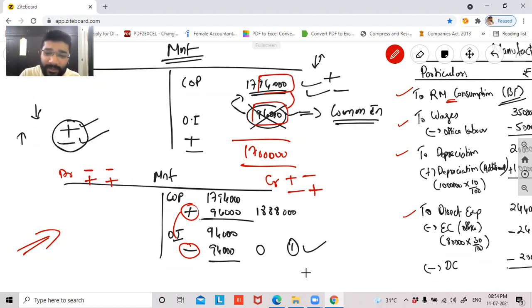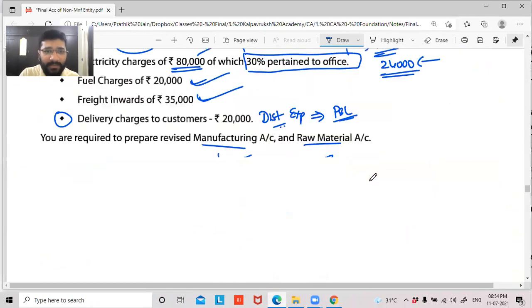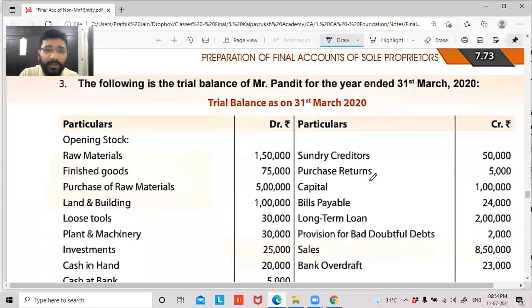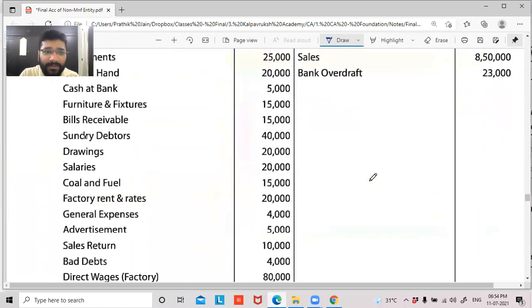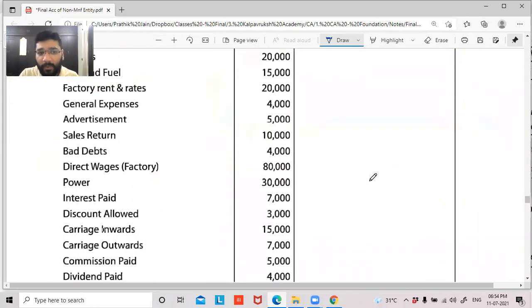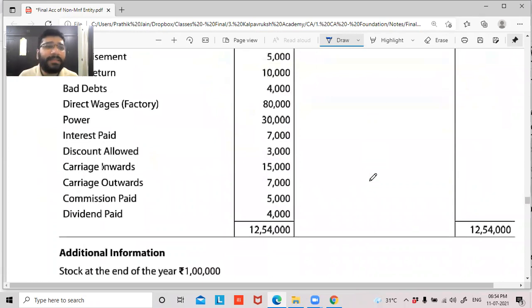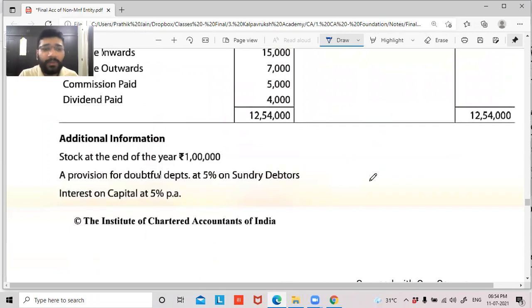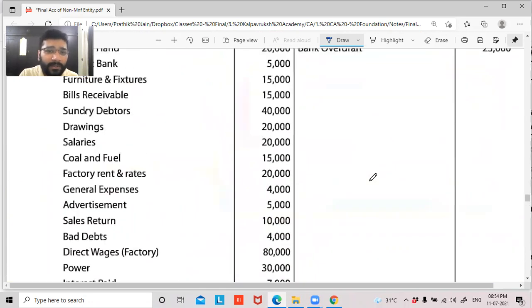So now you're left with the third question, guys. Please go through it and tell me, is it manageable by yourself? They've given the trial balance. I find it pretty straightforward. But if you have any doubts as to why certain things are coming a certain way, you can always reach out to me, guys. So is this question doable by yourself?